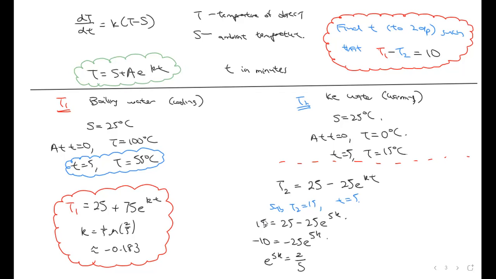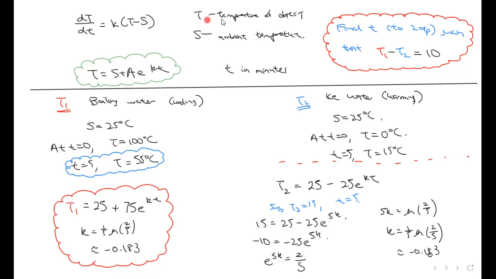So that means, it looks like it's the same. 5k must equal log 2/5. So that means k must equal 1/5 log 2/5. But it's okay because